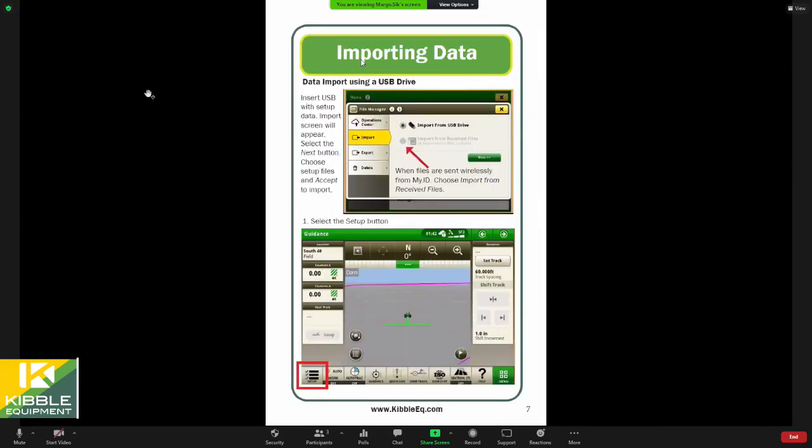So we're going to get kicked off and roll through the applications portion of the display. I'm going to go through it as we would maybe starting our day, and all the things that are necessary to get going in a day, or per field, so that we are documenting what we're doing and we've got all of our AutoTrac dialed in and all that good stuff. So this is our Kibble Equipment website, which has recently changed, but there's a resources